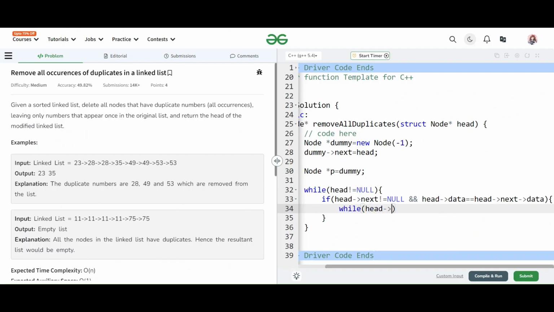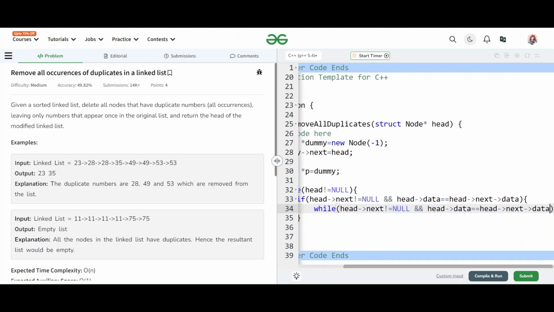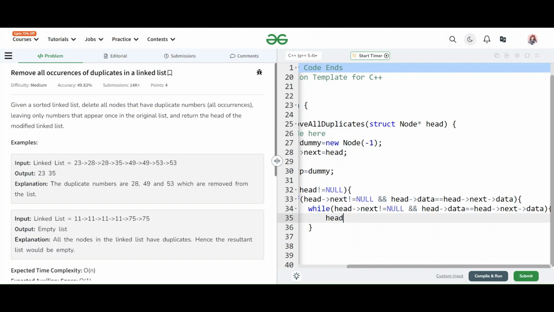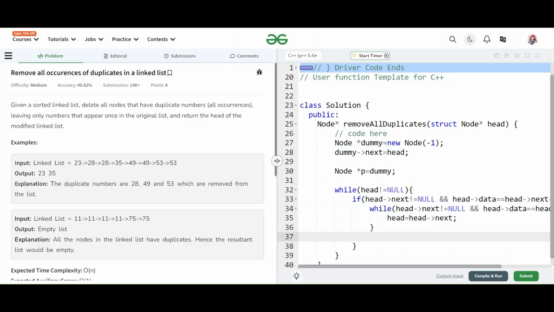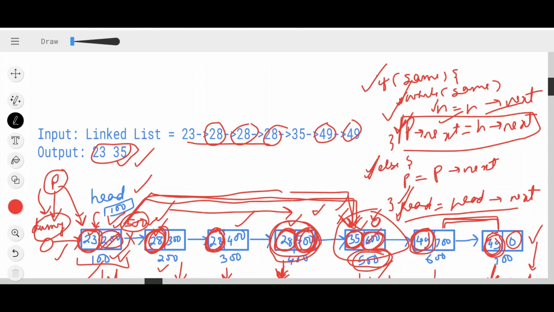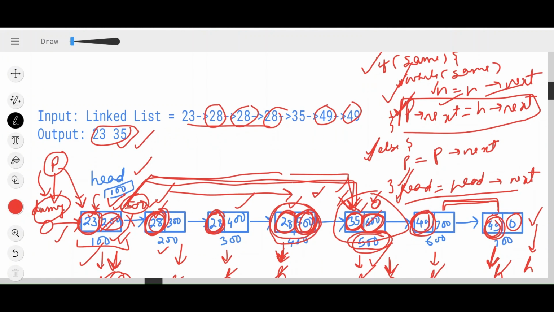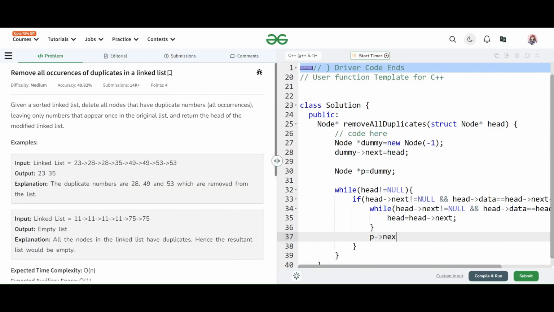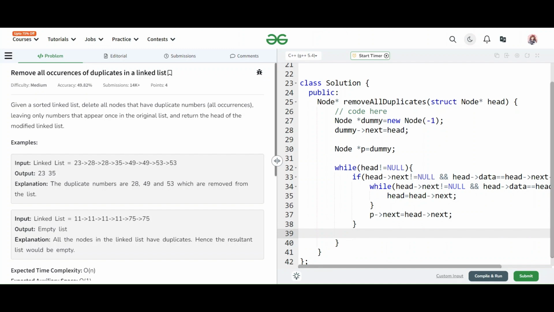While head next not equals to null, and the data of your current node and the data of the next node is same, then simply move your head pointer ahead. After doing this, we simply updated our P pointer. P next was updated to head next. Okay, so this was the if condition.